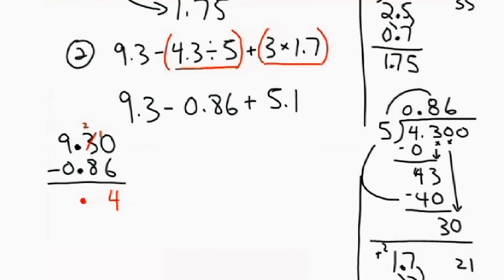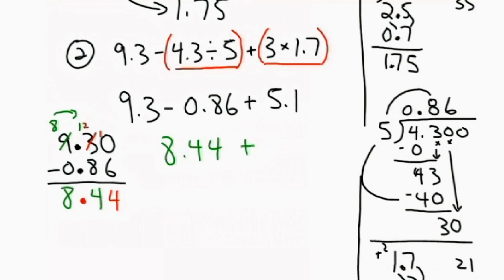So I change my 9 into an 8 and change my 2 into a 12. And I borrow 1 from the 1's column. And now 12 minus 8 is 4. And 8 minus 0 is 8. So now 9.3 minus 0.86 is